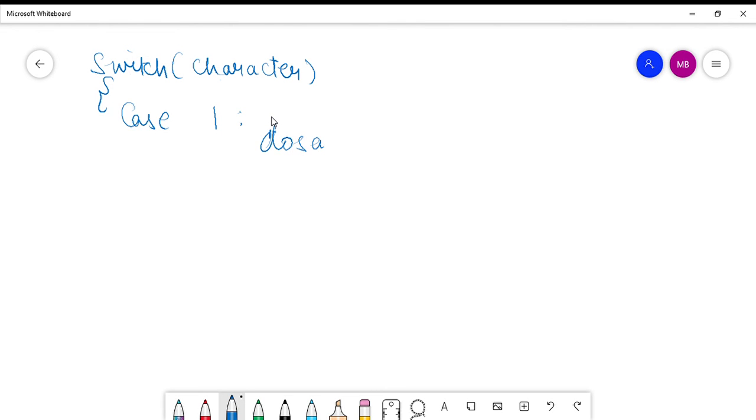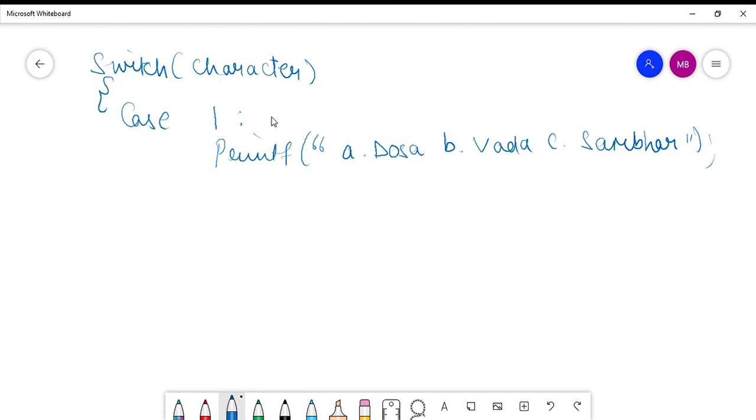So you will say printf dosa, vada and sambar. So these are the things the customer will be given, dosa, vada and sambar, in case of South Indian.